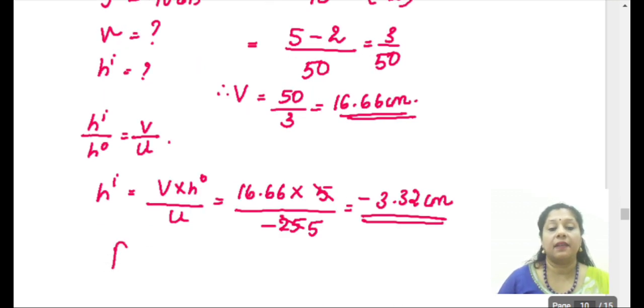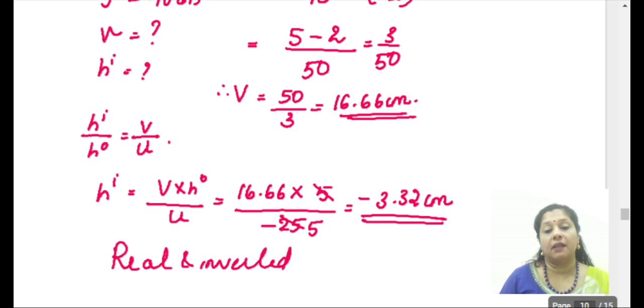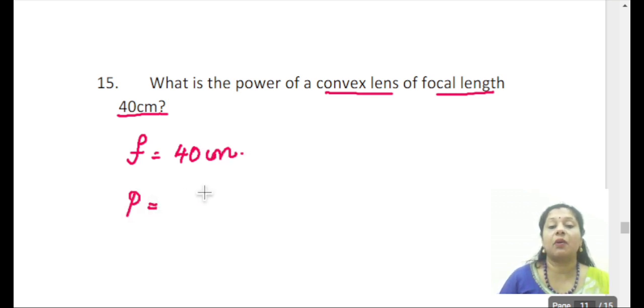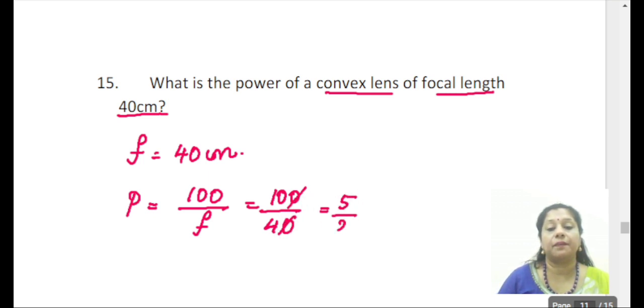It is a negative, real and inverted image of size 3.32 centimeter. What is the power of a convex lens of focal length 40 centimeter? F is equal to plus 40 centimeter because it is a convex lens. Power is the reciprocal of focal length in meters, so we can directly write 100 by F. That is 100 upon 40, 5 by 2,